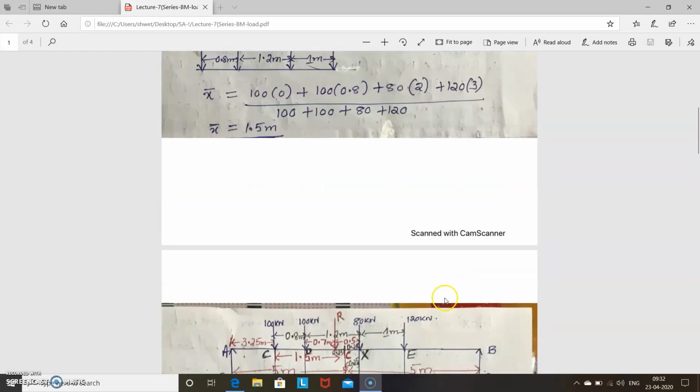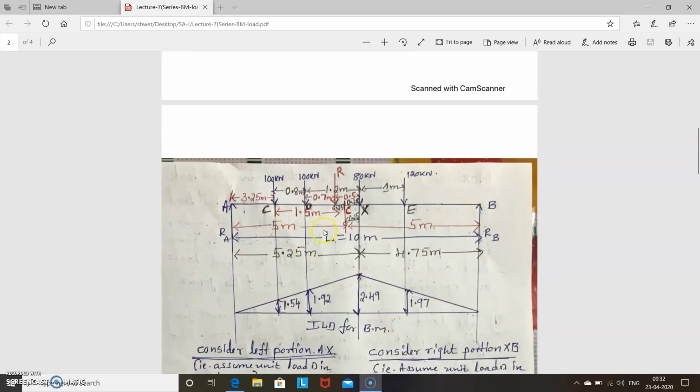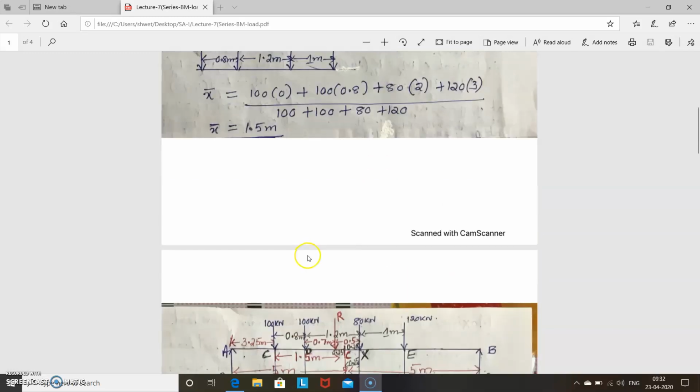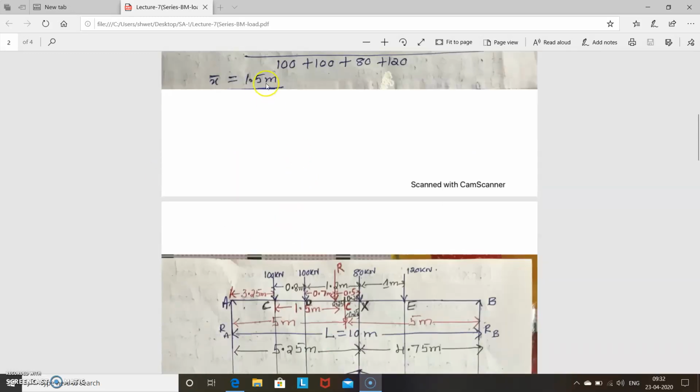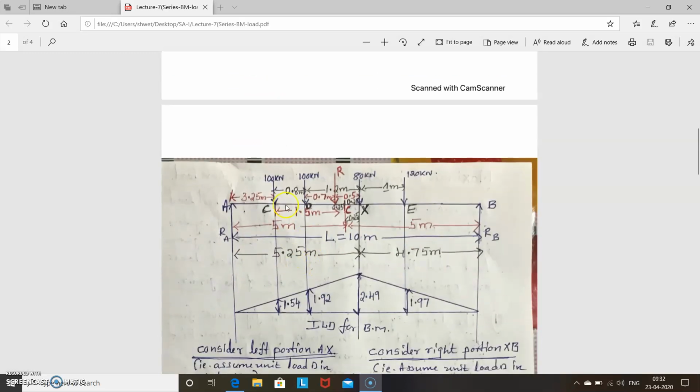Okay, so the main thing is, the first step is to locate the section. The load is given, so you have to find where it lies. For that, first find X bar, that is the resultant. Once that is done, mark that 1.5 on the loading diagram. Means you have to draw the beam first, and on the beam place the loading diagram. So mark that 1.5. Then this is 0.8.